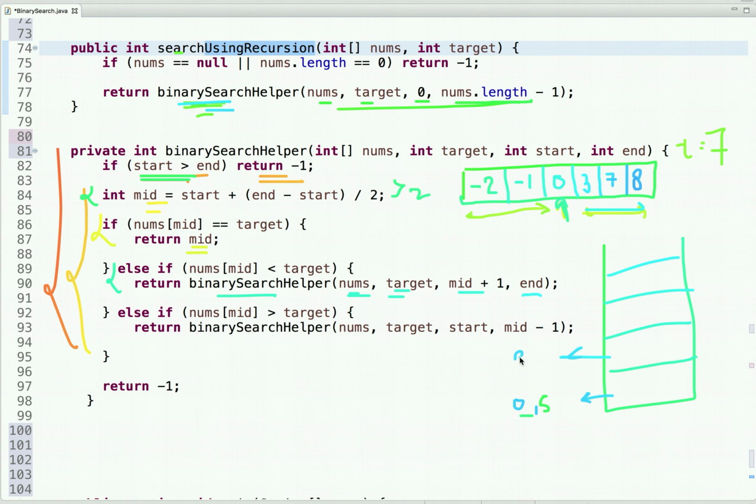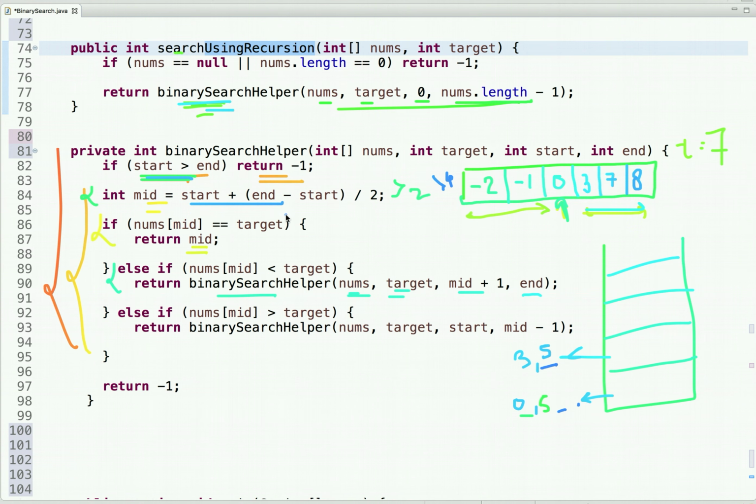Mid + 1 means we are passing 3 and 5. Now again we check this condition: is start greater than end? No. So we compute the mid and the computed mid is 4. So this function is in a paused state, as it is waiting to get the value from the function call we have made.